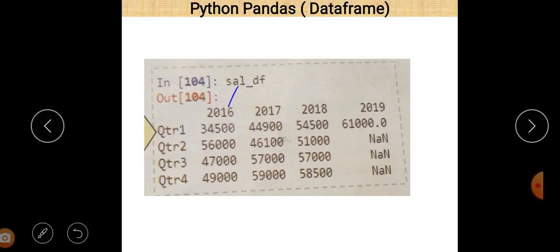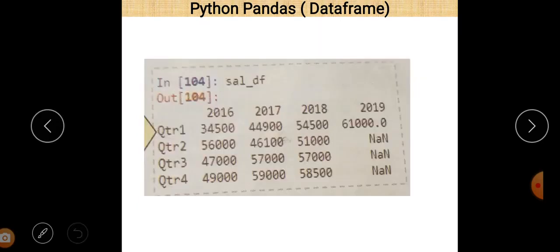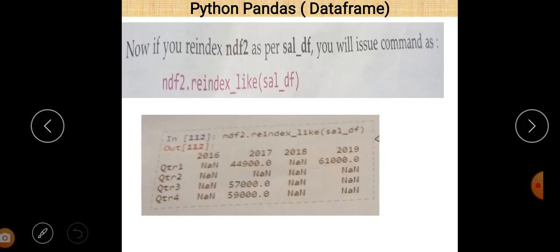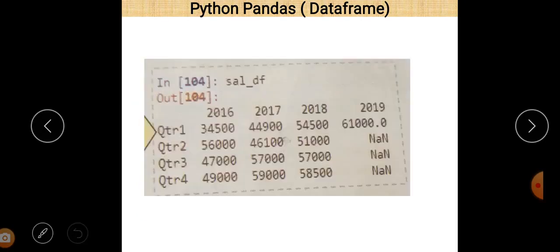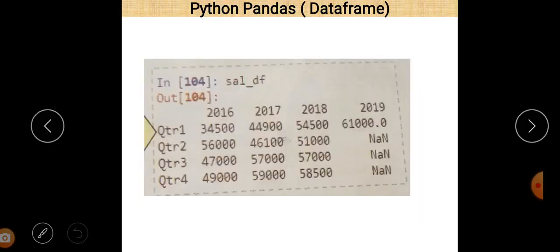In SALDF, there are only 4 columns. So you want to change the NDF2 like SALDF. So all the columns of SALDF are there, meaning 2016, 17, 18 and 19, and all the rows regarding 2016 are also there: QTR1, QTR2, QTR3 and QTR4.